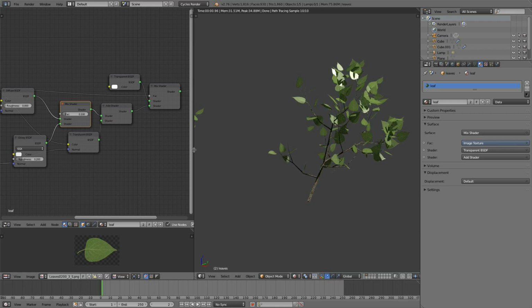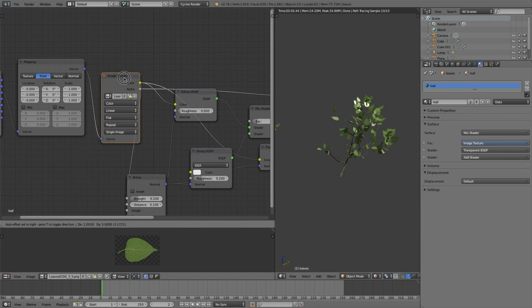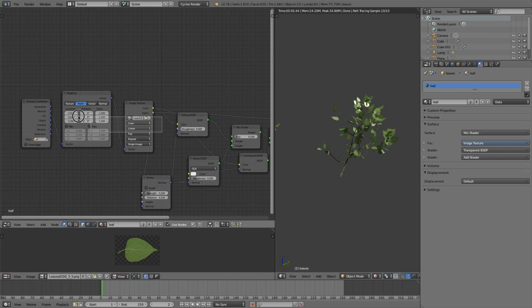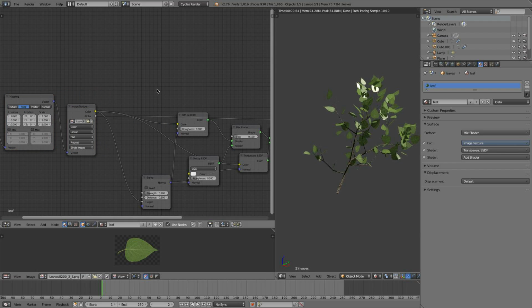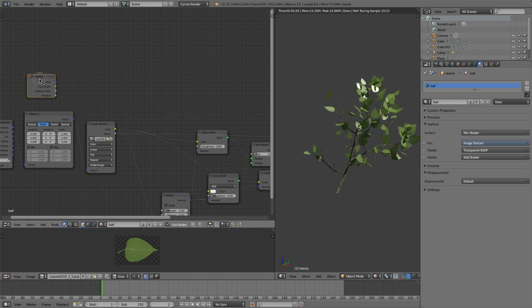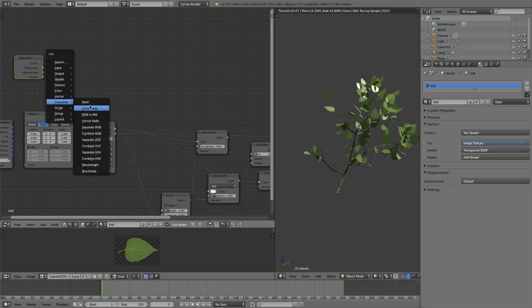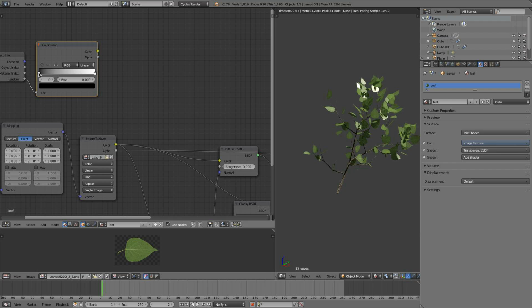But I think I'm back to where I was, and I was going to add in some random color to these leaves. So the way to do that is you want to go to your image texture here. Let me just grab all 3 of these nodes with box selecting them, pull them back a little bit. To add some random color, you want to use the input object info node. Here you have the random slot, and you can drop in a color ramp. Let me just do that, color ramp. Use the random in the factor, and then I can have it randomize any sort of color I want added